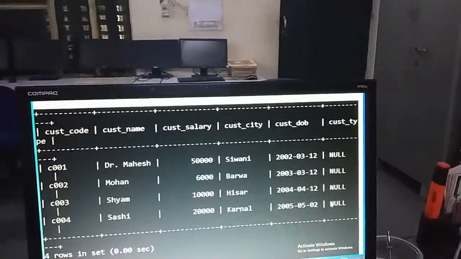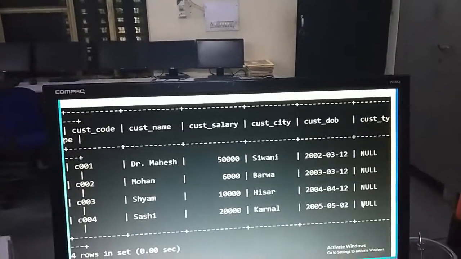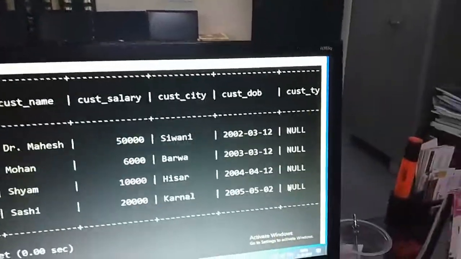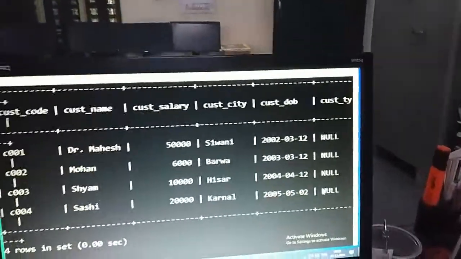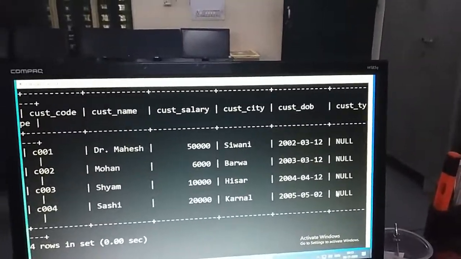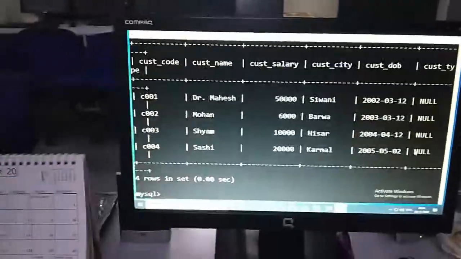first try to see the data type if you want to change. If you want to modify any data type in the existing table, then how to do it? Recently, I added the cust type. Very simple, easy. Cust type, data type is varchar. Now later I realized that varchar for cust type is not required, and let it be char only, not a varchar. So how to modify the same?